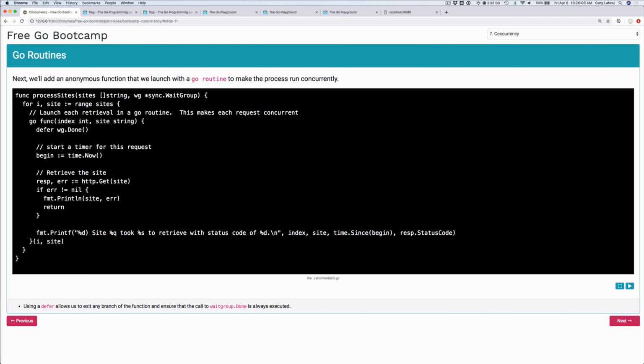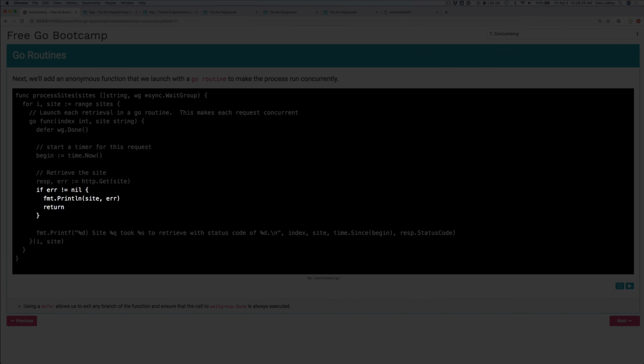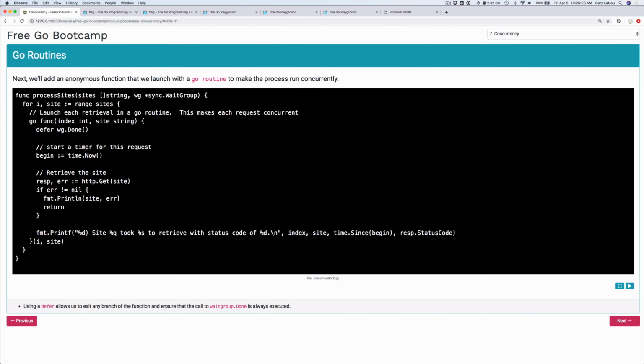Now, what does the defer keyword do? It basically says when this function exits scope, run this command. What this allows us to do is very easily say, when I exit for any reason, I want you to actually run our waitgroup.done. Now, if we look at this function here, we'll see there's actually 2 branches that can exit from this actual function. It can happen when we actually get an error or when we finish successfully. And because we use the defer, I don't have to worry about which branch exits this function. I know that waitgroup.done will run regardless of which branch I exit the function from. All right, so that's the waitgroup.done.